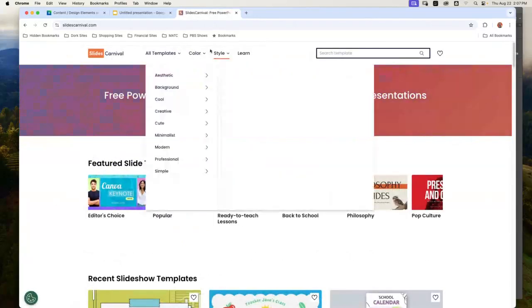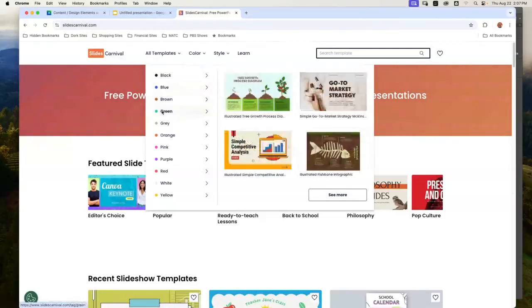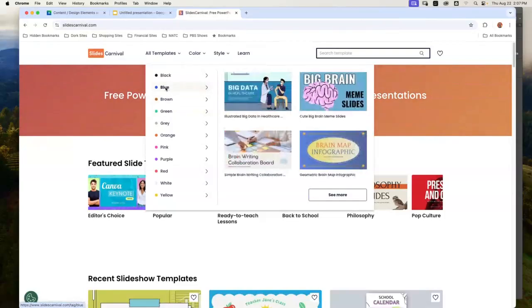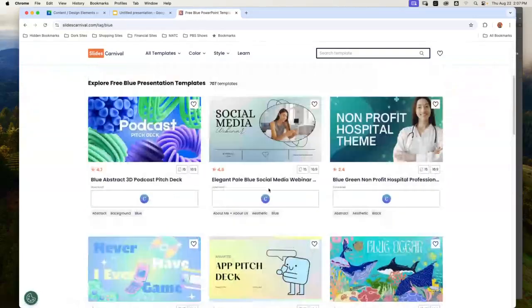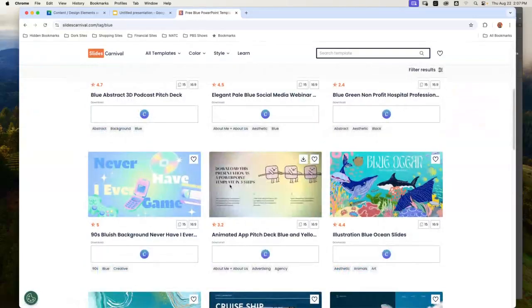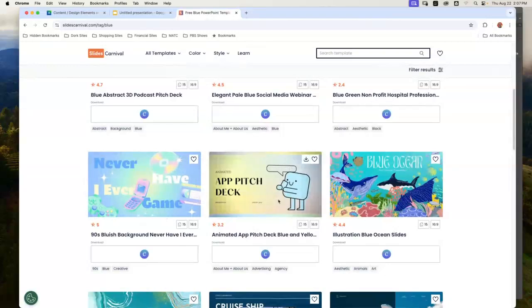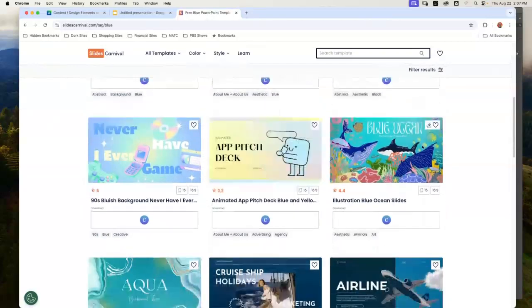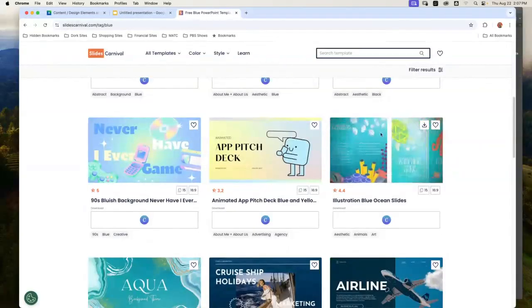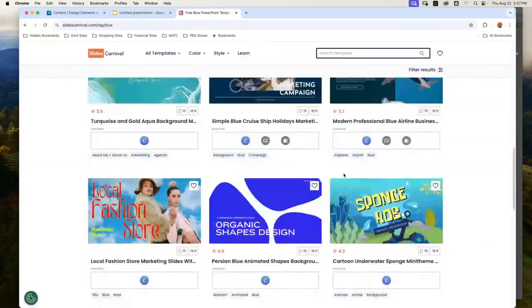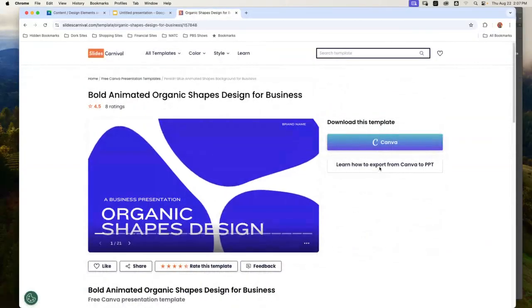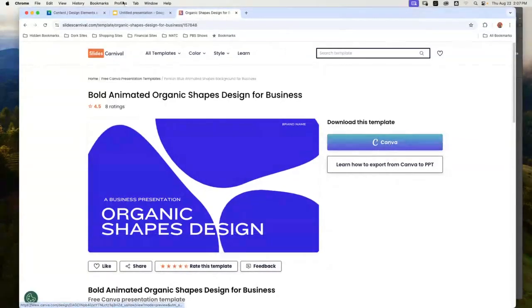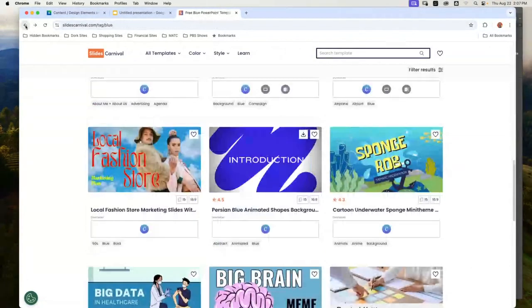And you just type in, go with your favorite color. Like blue. I like blue. What do they got? And then you just start playing around and see what's out there. Okay, app deck. Maybe you want the blue ocean. Maybe use the ocean one for the Photoshop one. But dig around, organic shapes design. I don't want it in Canva. I want it in Google Slides. So I'm going to go back to,